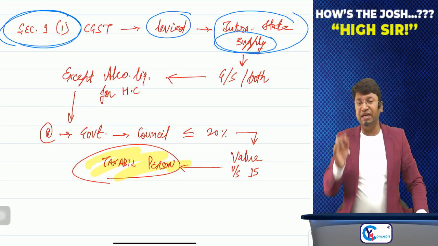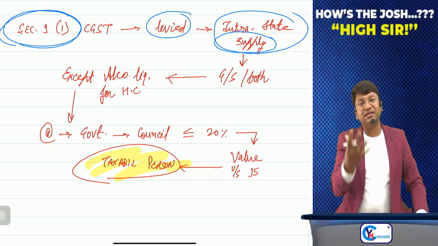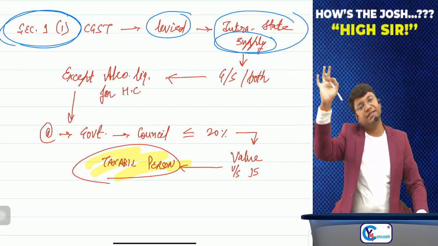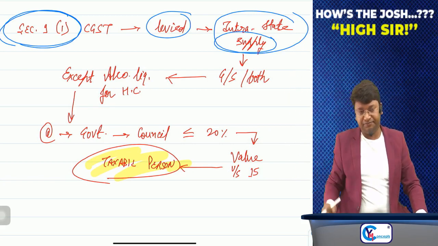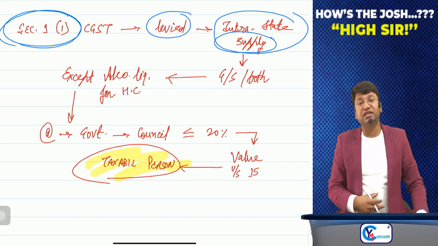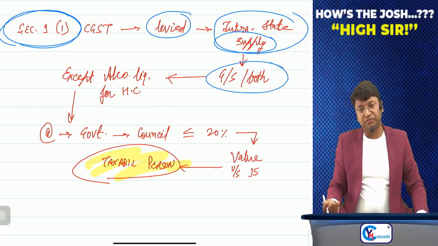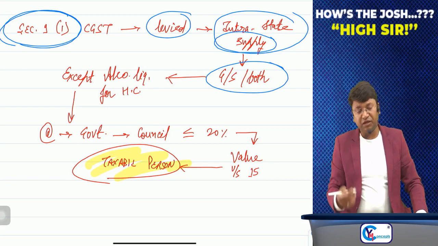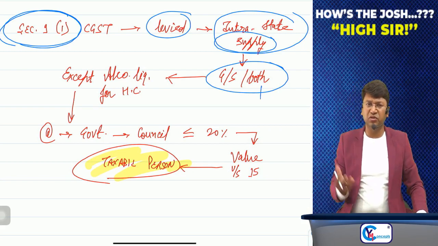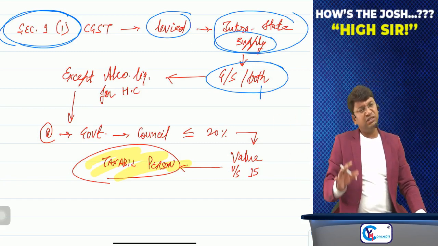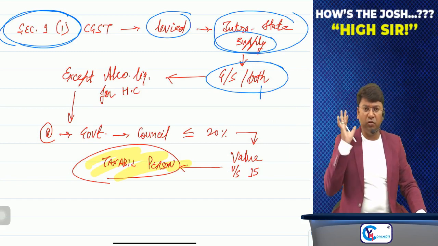CGST will be levied on intrastate supply. And what do you mean by intrastate and what do you mean by interstate? It is defined by IGST Act, which we will read separately in chapter number 8 in detail. Okay. Sir, so CGST will be levied on intrastate supply of what? Goods or services or both. All the goods or services or combination thereof. Practically speaking, this both has, in my opinion, no meaning because of section number 8, composite and mixed supply. But anyways, just for the safety side, government has written this word both.